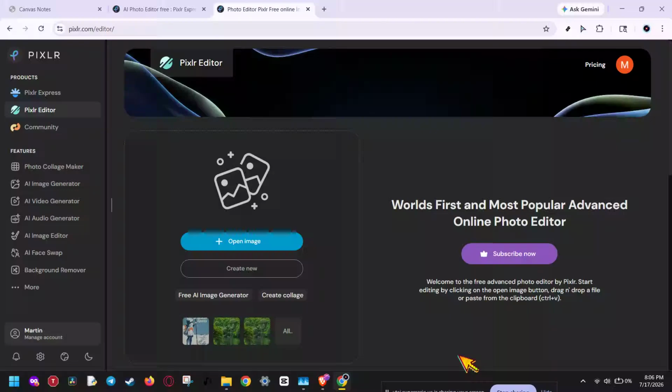If you want to make your image stand out fast, one of the easiest things you can do in Pixlr is outline it with a clean border. This is great for thumbnails, profile images, product photos, stickers, or any design where you want the subject to pop off the background. In this video, I'll show you how to outline an image in Pixlr step by step,